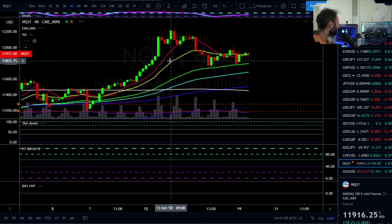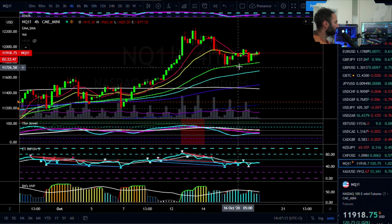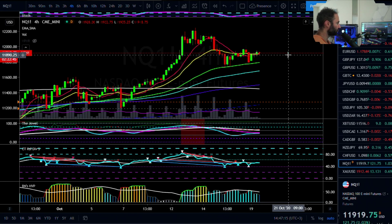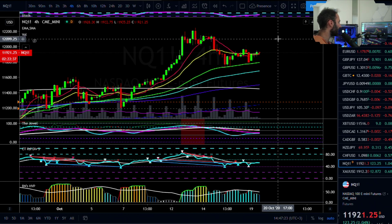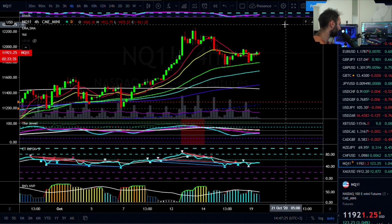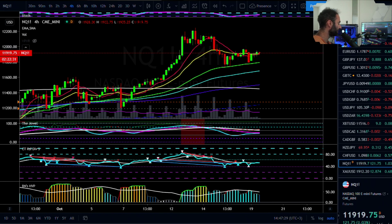Let's check out NASDAQ, as I do want to follow up on this morning's analysis. So here's the thing, if we were really going to be looking for a major reversal coming into this week, we'd expect a gap down on open, and we're just not going to get that. Unless things just absolutely crumble from here in the next hour and a half between now and market open. But this one looks like it wants to pop back up towards above the 12,000ish region,